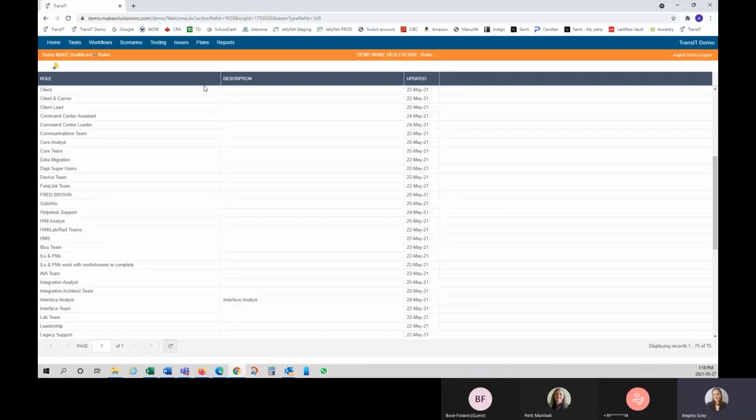But roles are used inside plans for times when you don't know who the person is who's going to be completing a particular activity. So say you know the activity that you need to have in your plan, and you know the type of role that person needs to have to complete the activity, but you're not quite sure who it's going to be assigned to just yet. You can select the role in the meantime